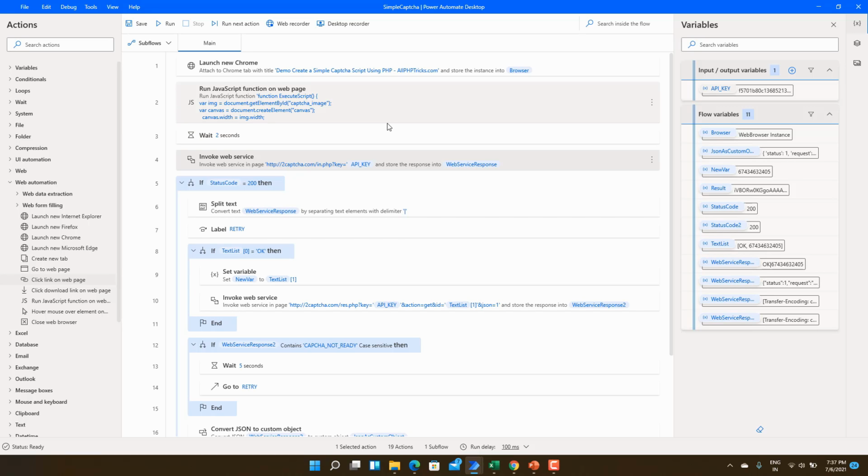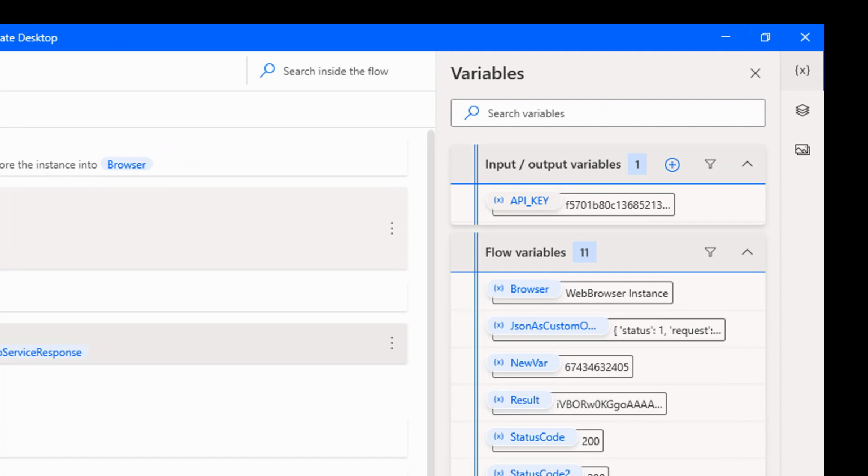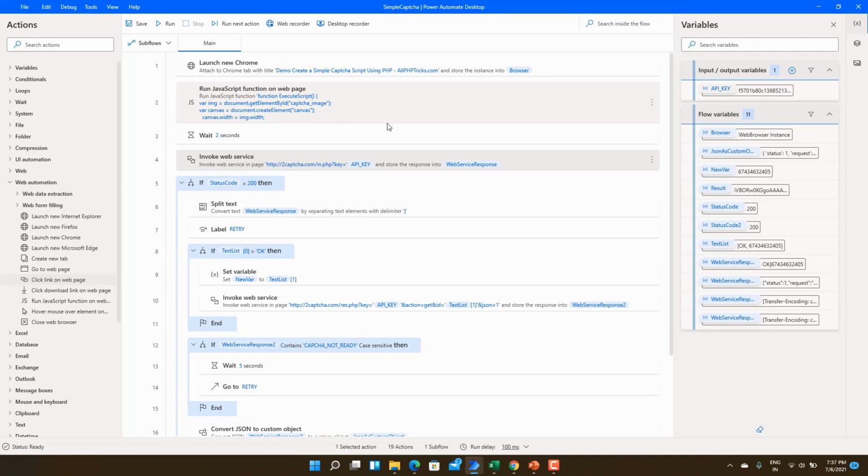Here we can see one input parameter, that is the API key which we got from the 2Captcha API dashboard, that is used for API authentication purposes. And the next action we are going to do is attaching the web browser which contains the captcha.